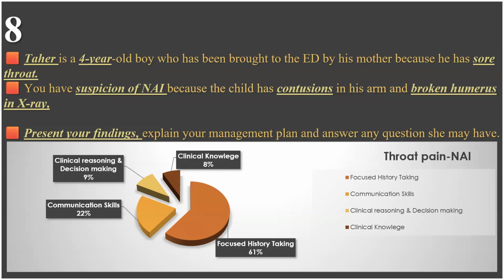Okay. And then associated symptoms. What is the most relevant system here? It's ENT and CNS. Musculoskeletal and CNS. You did not ask that. You jump to diagnosis. What is the diagnosis in this case? Contusions and fracture, right? Yes. This is the diagnosis. Diagnosis in the end of the station, not in the start, right? You jump to diagnosis. You want to jump to the management plan. You did not take history. You should take history first, right?